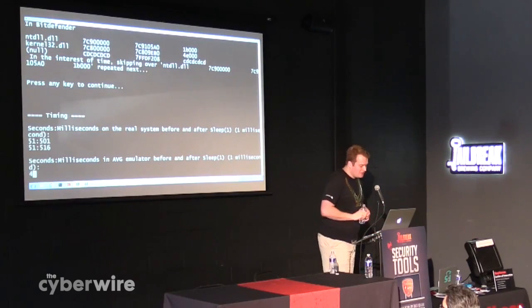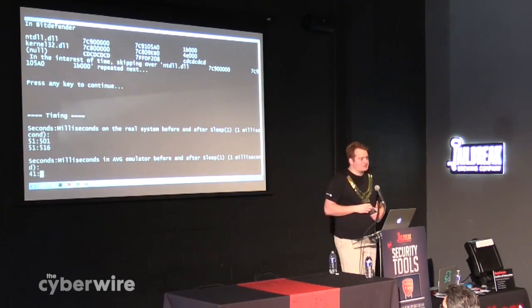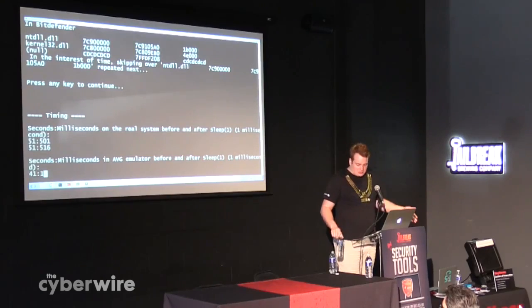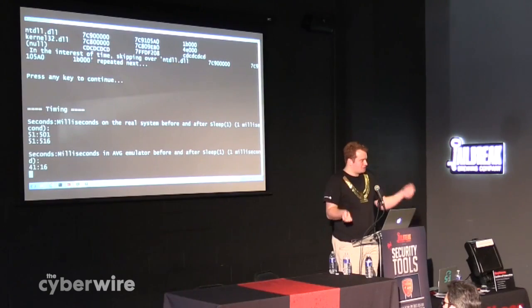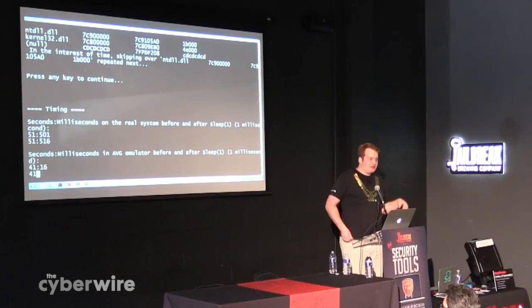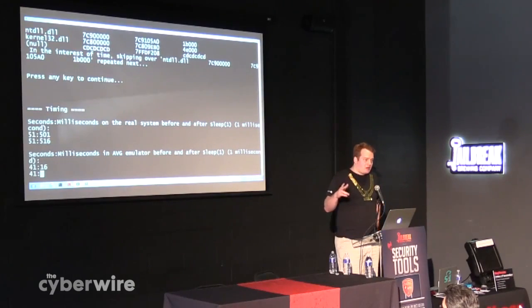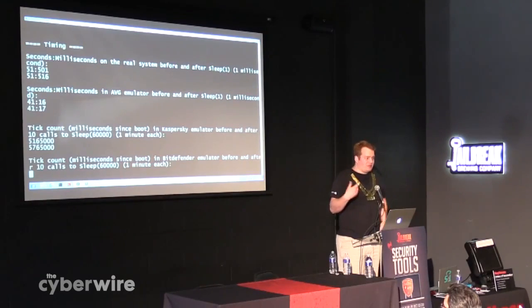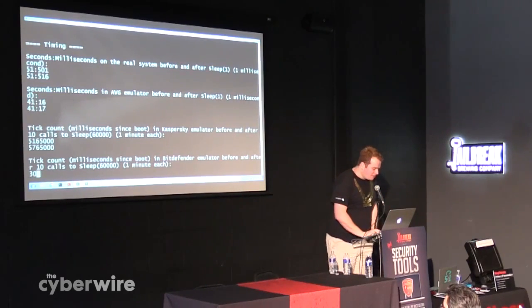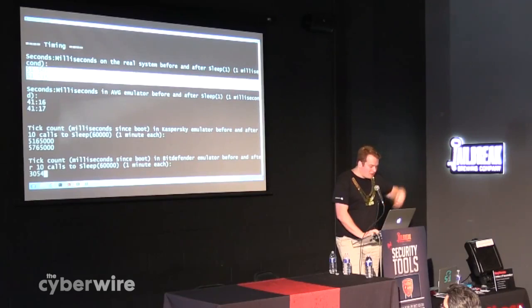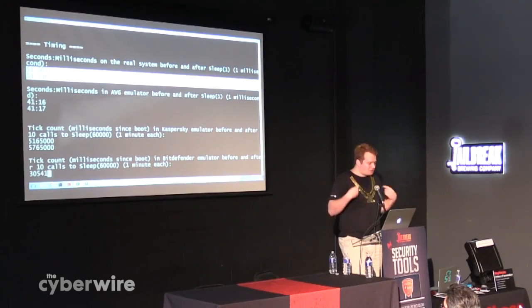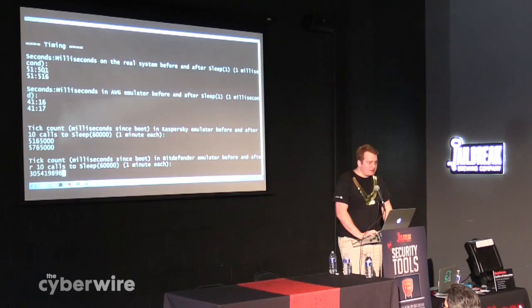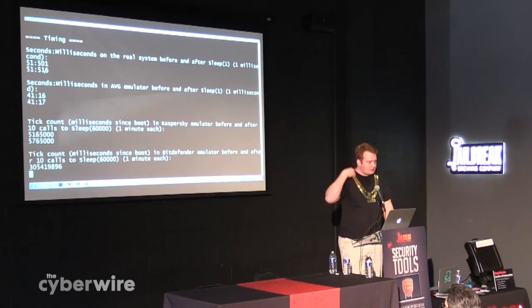Now looking at timing artifacts. On a real system, when you call Sleep, you're going to have to trap into the kernel. The kernel is then going to put your process to sleep, wake it up sometime later. It's probably going to set an alert, get a callback when that timer is over. Some of these timers have resolutions of only, say, 10 milliseconds at a time. So I'll notice on my VM here, a call to Sleep for 1 millisecond actually incurs a time difference of about 15 milliseconds. It actually takes that long for your process to be put to sleep and woken back up again,